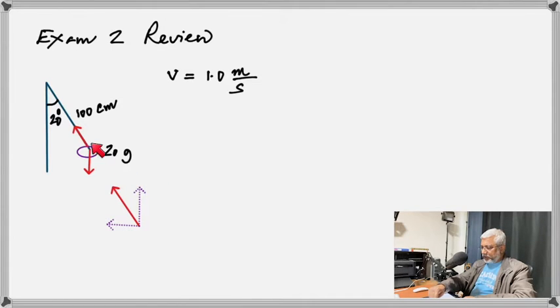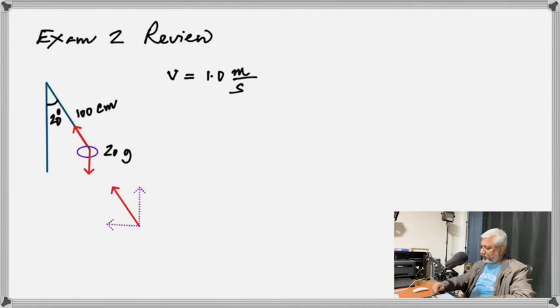Understand that this angle being 20 degrees, this angle will also be 20. That makes this side the adjacent side of this triangle, so that will make this T cosine of the angle, and this T sine of the angle, where T is the tension